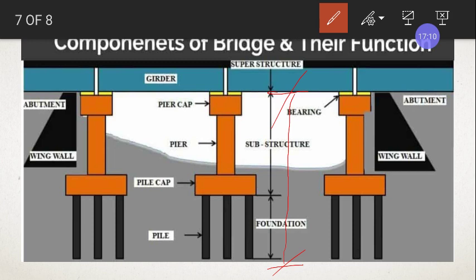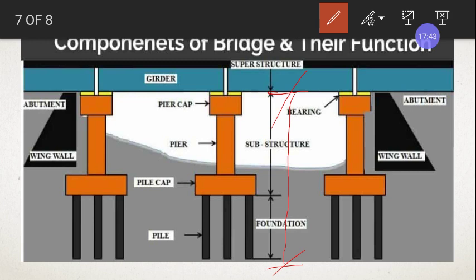If you don't allow this movement, then stresses form in the girders, the slabs, and the piers as well. To avoid that, we provide the bearing, so that there is some small movement and the stresses are reduced at that point. For this the bearing is used.